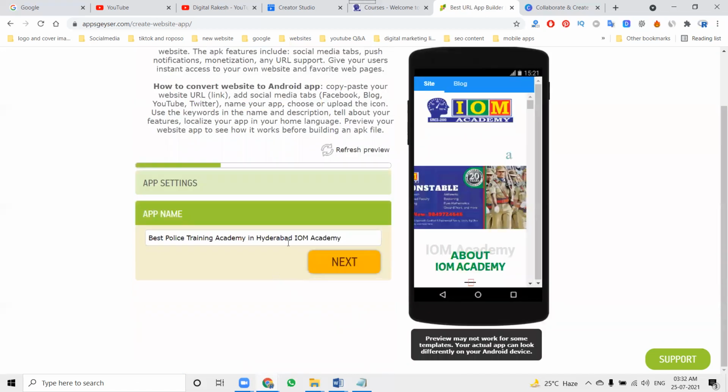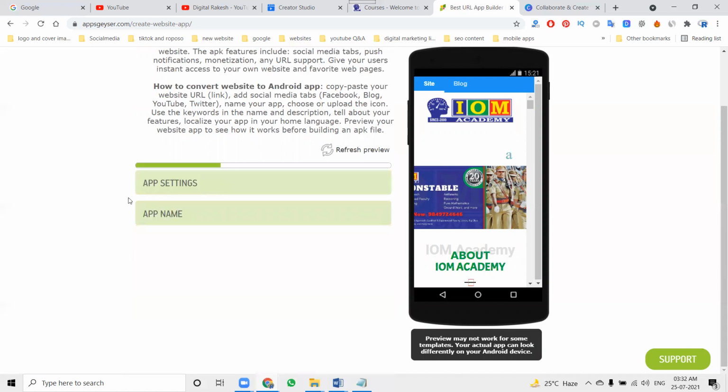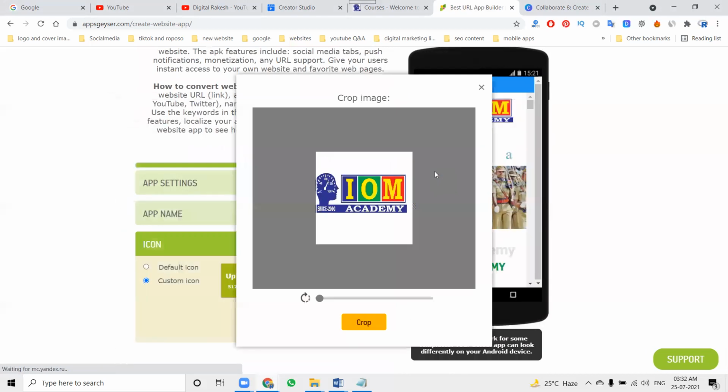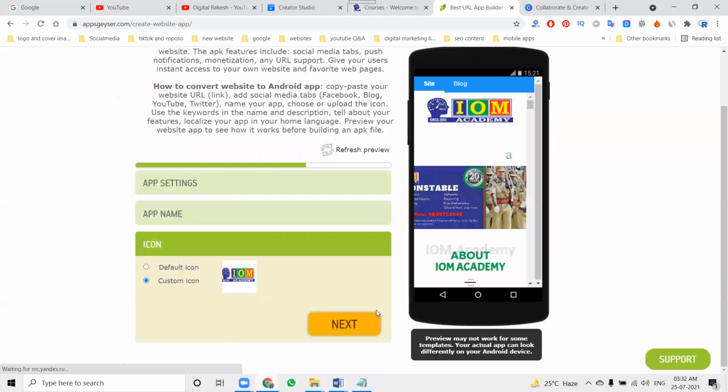Click next. Now you can write the app name. IOM Academy is my app name. So the setting is done. Click next. Default icon or custom icon. I'm selecting custom icon, 512 by 512, and cropping it.